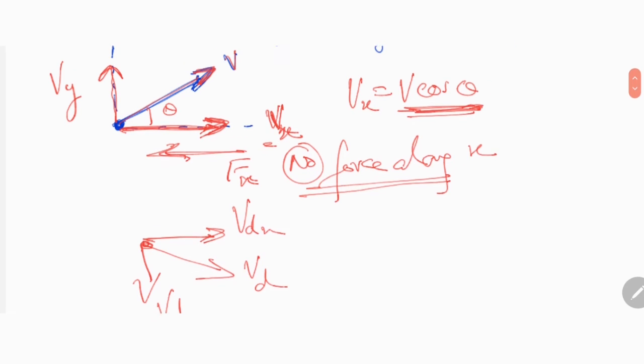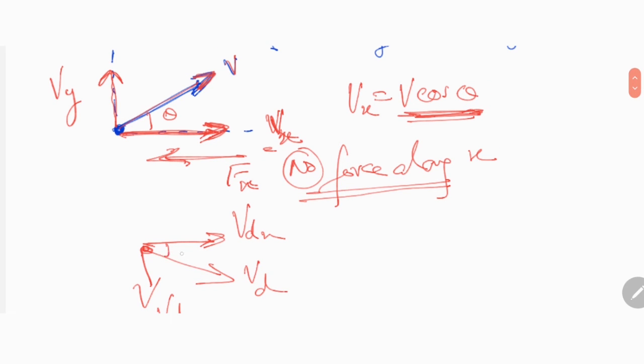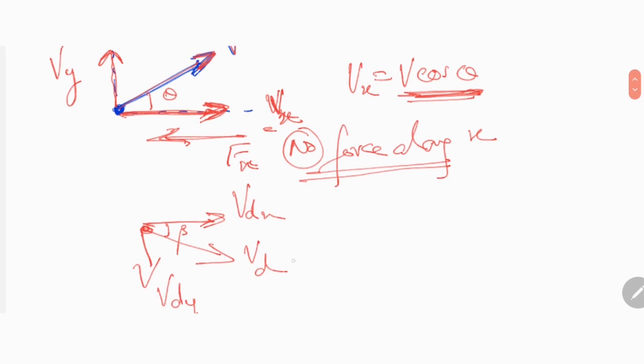There is some angle being made here. We don't know the angle, but it doesn't matter. Let's call this angle beta, for example. This chapter is only to make you understand the concept. We are going to cover the derivations of formulas in the next session. I'm doing 2 sessions on projectiles, so just get the idea here.